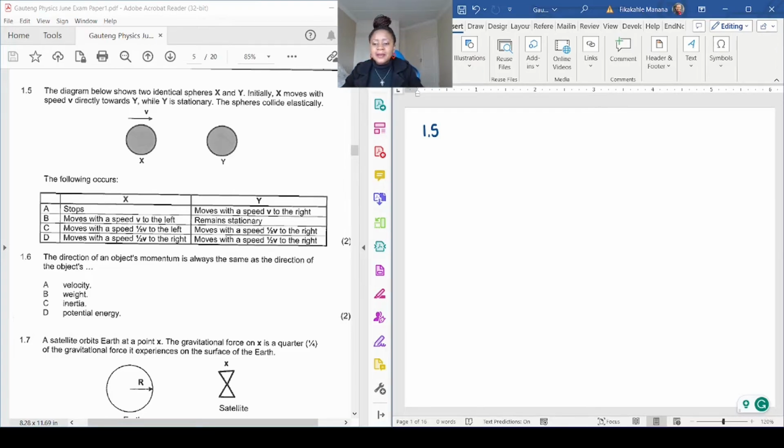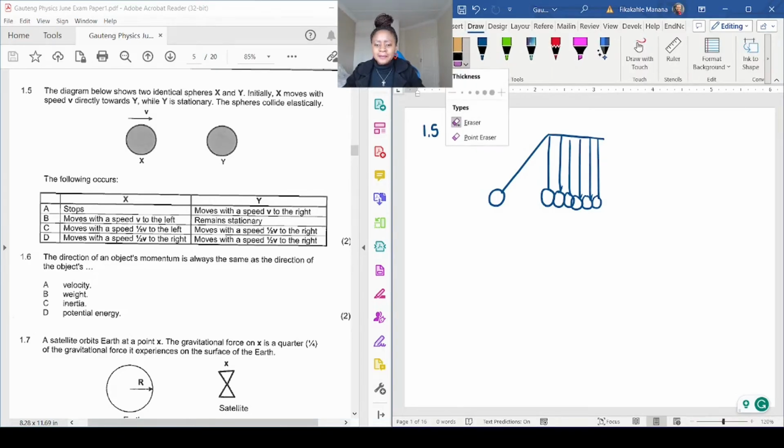Think about that pendulum. Let me just draw the string. You have that. And then you have all these other, I don't know what they call it. I forgot the name. It's Newton's something. Okay, for those who remember what the name is, please help a sister out. Okay, so with that,